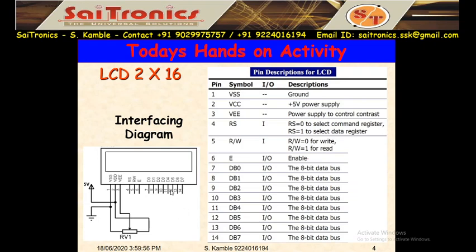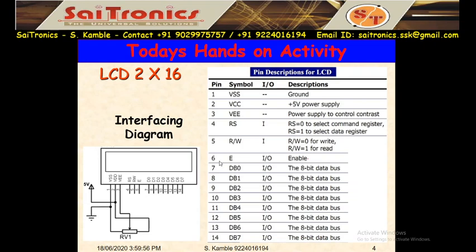In nibble mode, D4 to D7 are used. And third is I2C, inter-integrated circuit technology, I2C display. In that you have to attach one extra I2C shield, and the LCD can be operated on only 2 pins. Those 2 pins are serial clock and serial data.